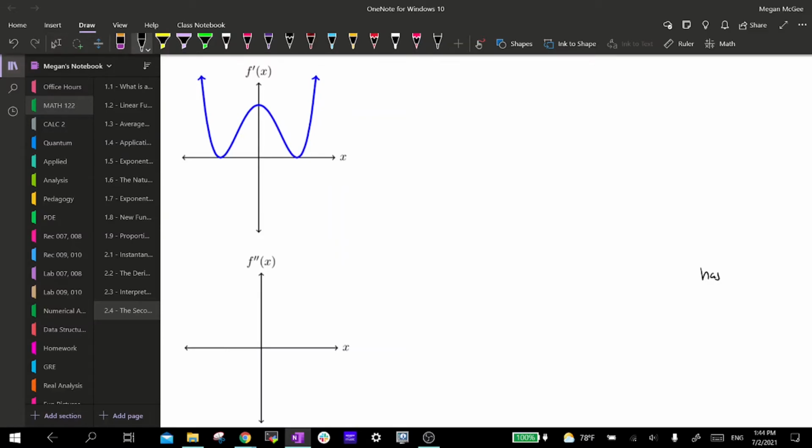So the first thing that we need to find is we need to find the zeros. So that's all of the places where our new graph for the second derivative is going to touch the x-axis. So f double prime of x, our second derivative, equals 0. Alright, so this means our first derivative is not changing. It's constant at these few points. And this happens